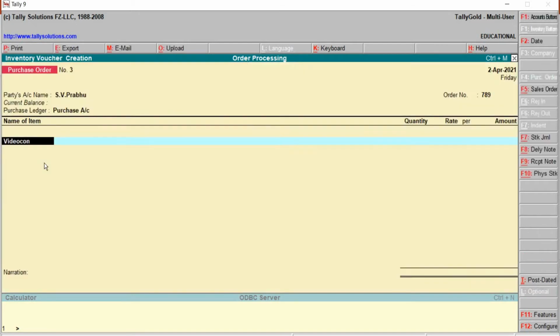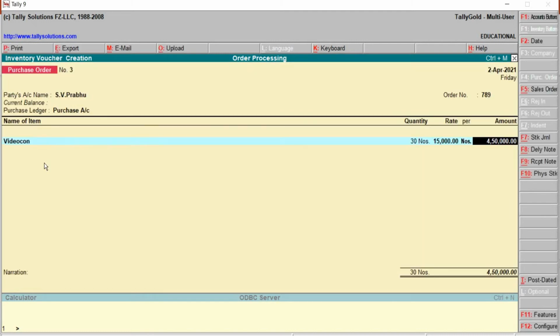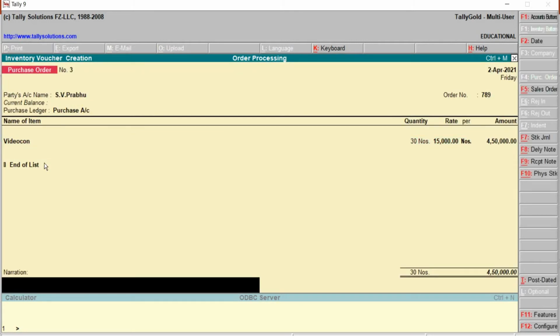Press Y from the keyboard. It is due on 2nd of May. Quantity is 30 and the amount is 15,000. Type the narration, later save.